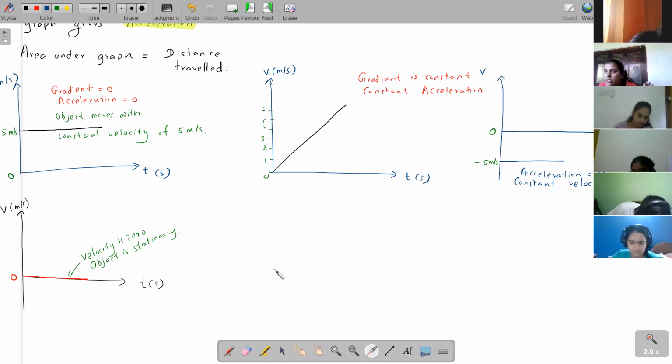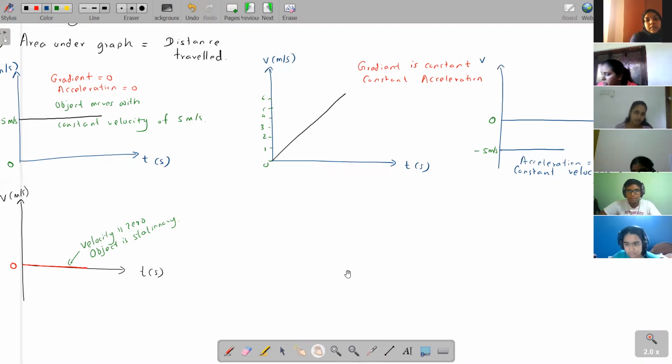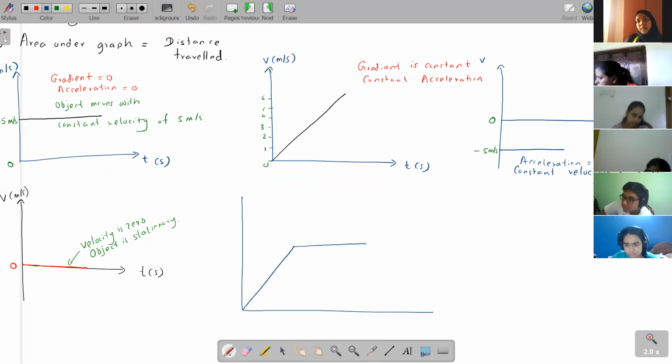Okay, so I'm asking you to study the VT graph in more detail than the displacement time graph, because VT graphs are what you get for the exam. VT graphs are what you need to study in detail. So I'll give you another VT graph because it's extremely important that you nail these graphs. I want you to explain this graph. I'll divide it into 3 sections, A, B, C. Please explain each of these 3 sections.